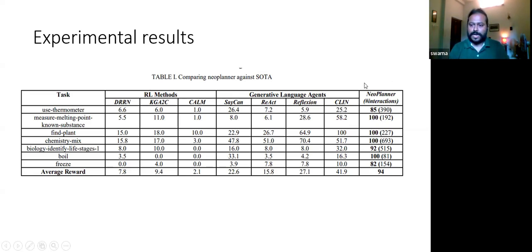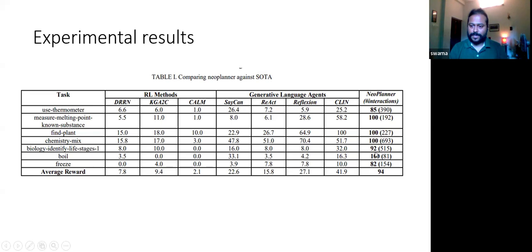And the agent that I built is named NeoPlanner. You can see, based on the total rewards it has got in the environment, it almost solved all the tasks. Out of the 7 tasks, 1, 2, 3, 4 tasks, it has fully solved. If you get a reward of 100, it means the total goal is solved.